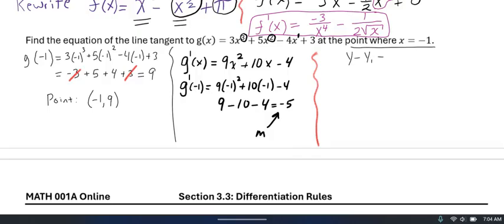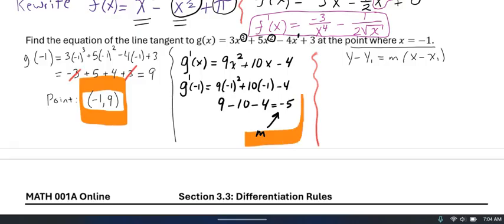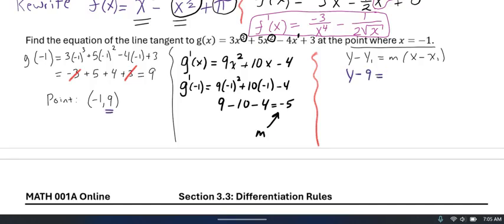y minus y1 is equal to m times x minus x1. Again, we have our x1 and y1 from the point, and we have our slope already. All right, so let's do that. So we got y minus the y value of 9 equal to m, that's our -5, times x minus our x value of -1. And then cleaning this up, I like to always put it in the y equals mx